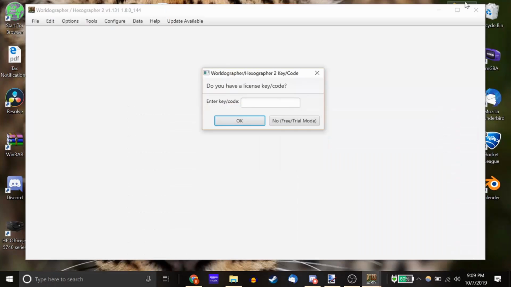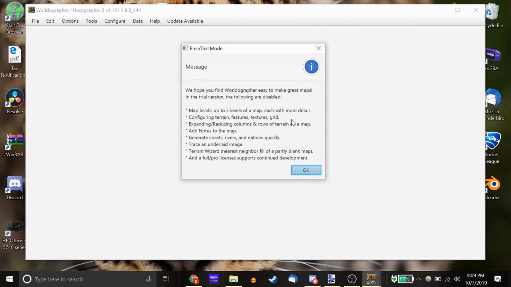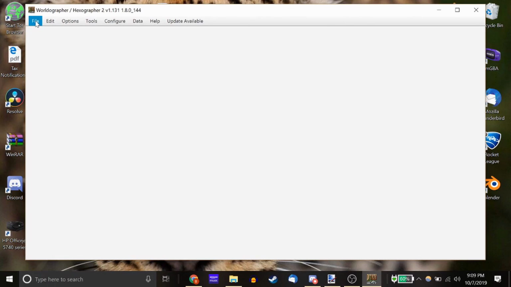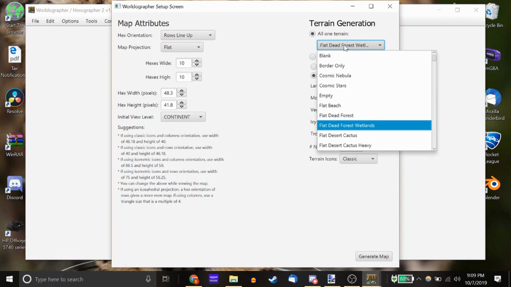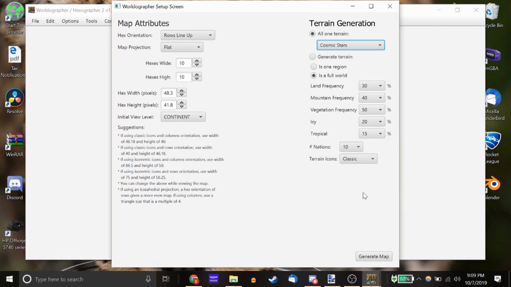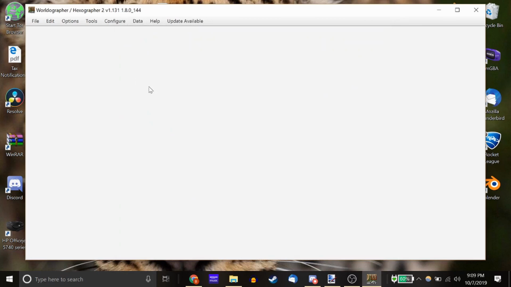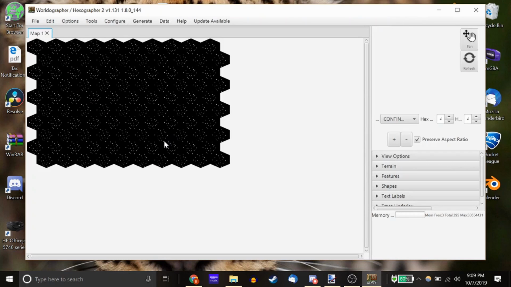So first off, Worldographer. I'm going to click No Free Trial Mode because I have the free version. What you're going to do is click File, New. This is where you start up your hex map. You've got the dimensions, 10 hexes wide, 10 hexes high. Make it whatever you want. I'm just doing this for a demo, and you notice you have the hex width and height in pixels. And I'm going to fill my hex map with, let's do cosmic stars. That's going to be fun. Generate map, and you're going to notice that right here there's going to be a starry hex